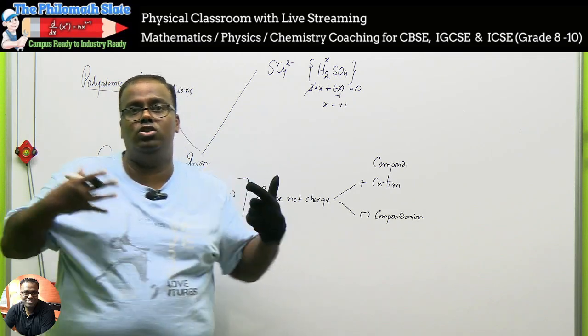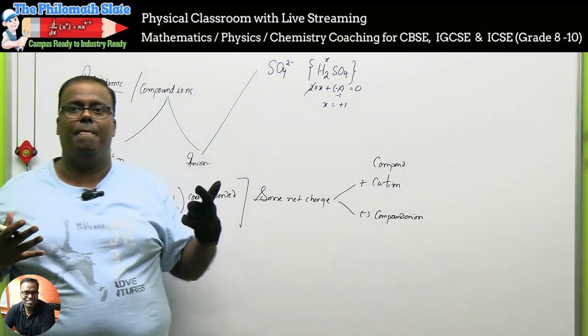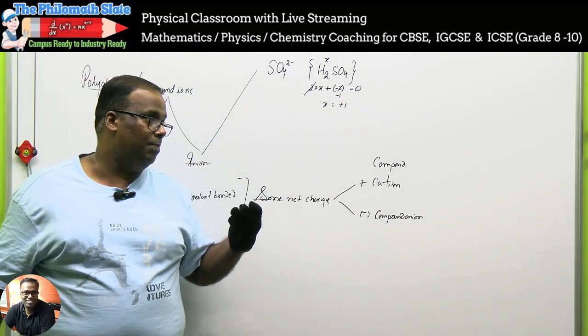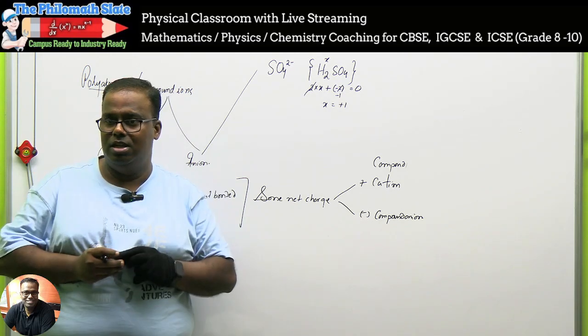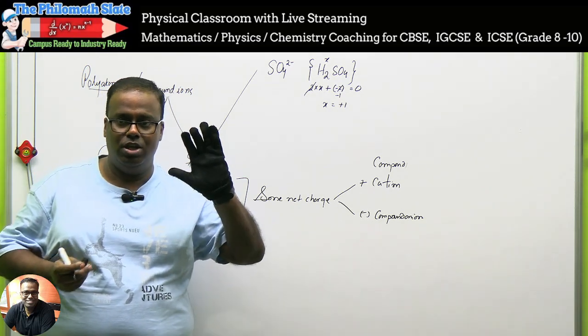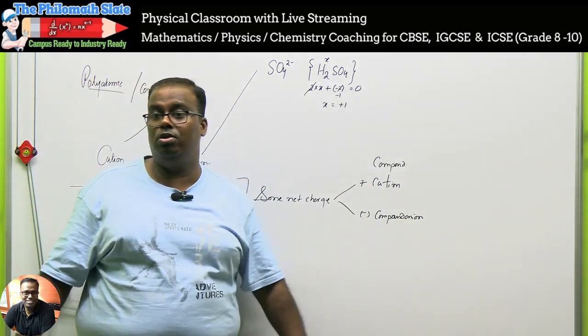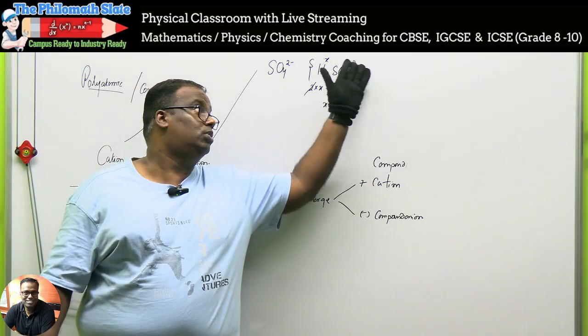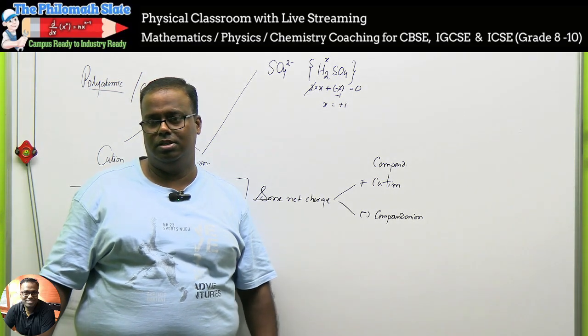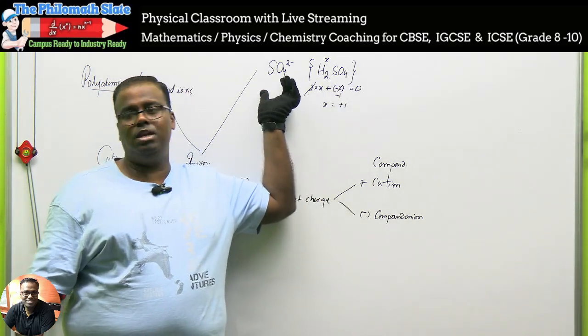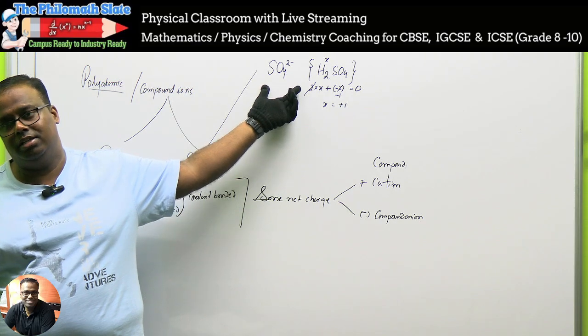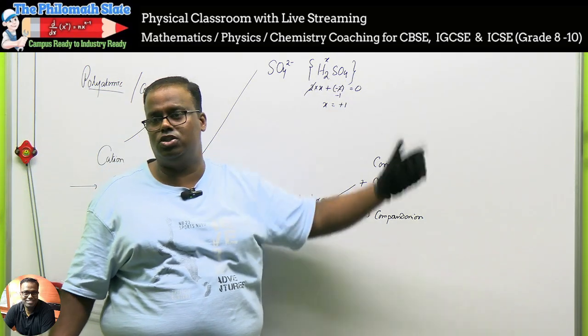How many of you understood? How many want me to repeat it again? Okay. Are you clear with valency? Valency will never change. Oxidation state changes from molecule to molecule depending upon how the neutral charge has been achieved. Now SO4 is one type of polyatomic anion. It carries a charge of minus 2.